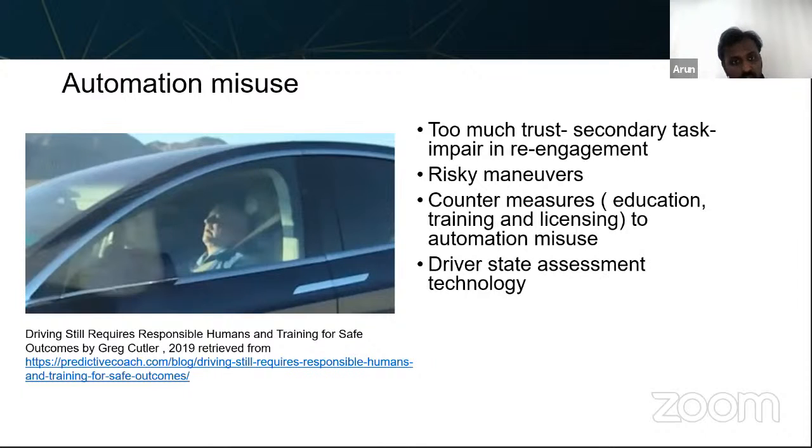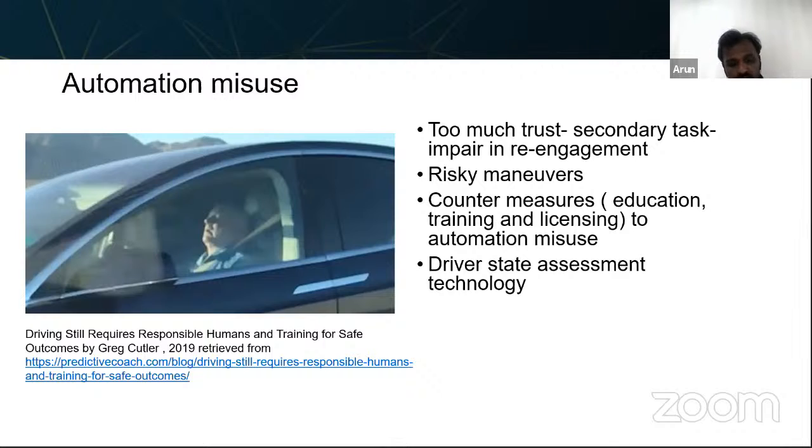And of course, there are a lot of other technologies inside, where you can have multiple cameras inside the vehicle looking at your eyes. And also there are different sensors which could be in place, which can collect data from the physiological component and then try to estimate what driver state you are in. It's quite fascinating when you start hearing about these things where the vehicle can actually understand you, at least from the physiological and the cognitive perspective.